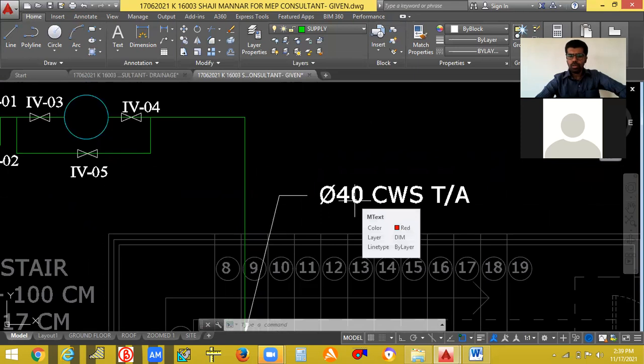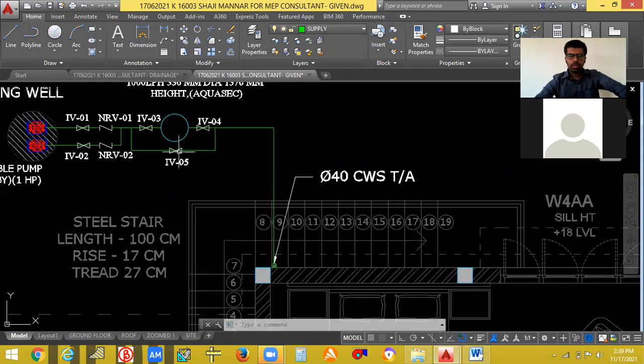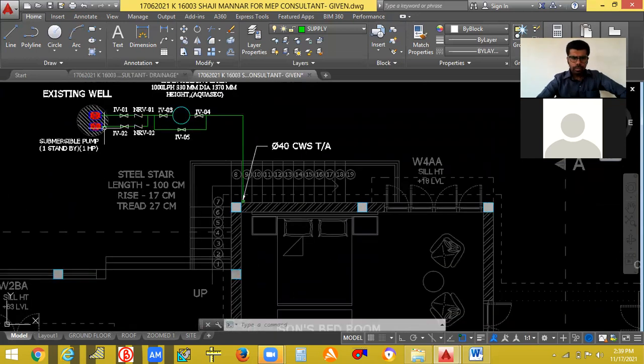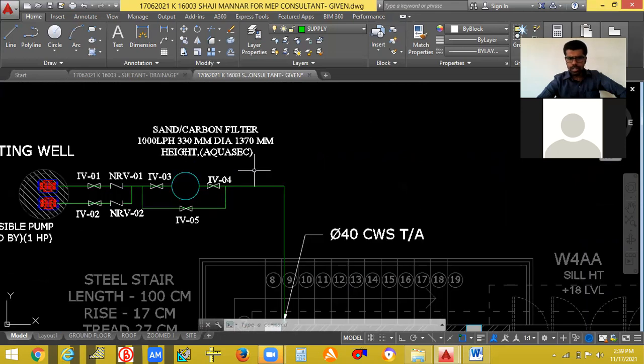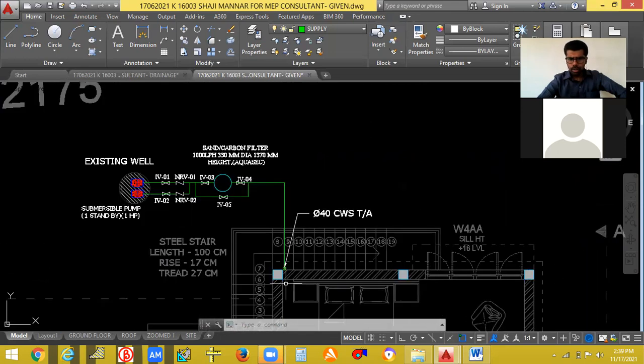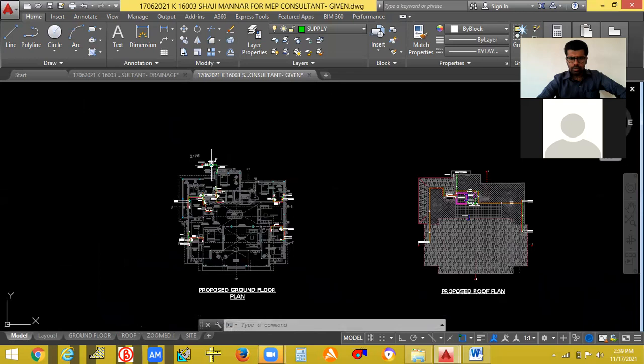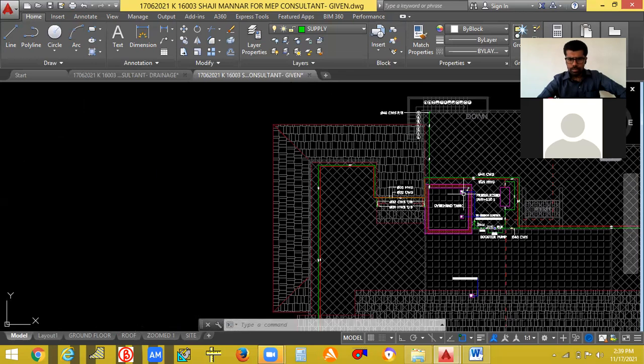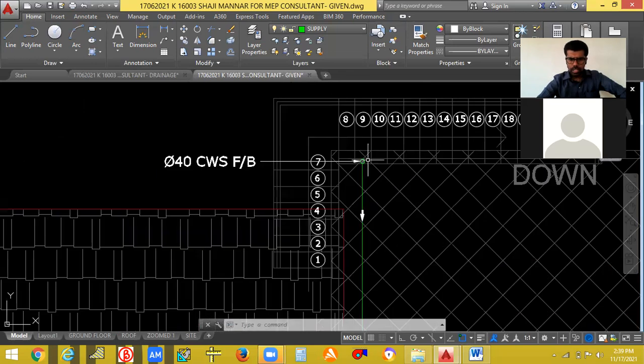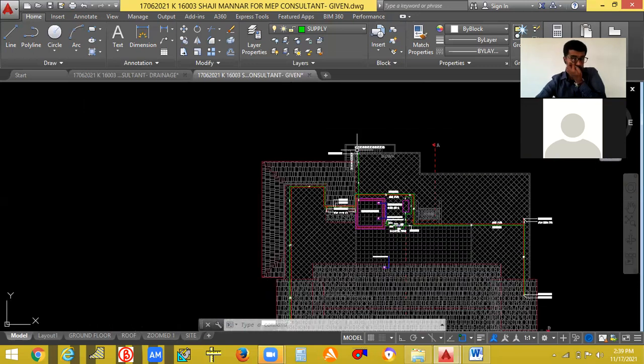Depending on the pump, you can get the 40 inlet outlet pipe diameter of the pump also. So from the well it is going to the top through the filter. So this will be filtered water only. It will go up and reach the first floor. First floor means it will reach this side. Here it will reach. This is the first floor or the top floor.